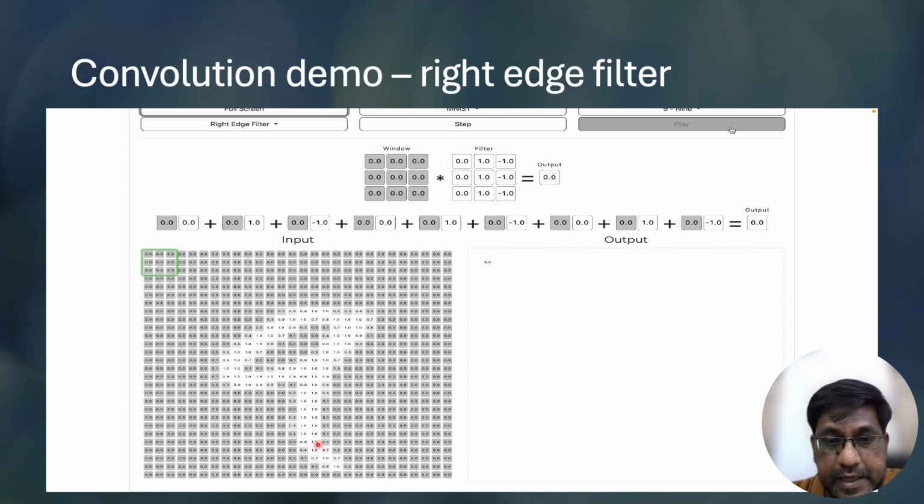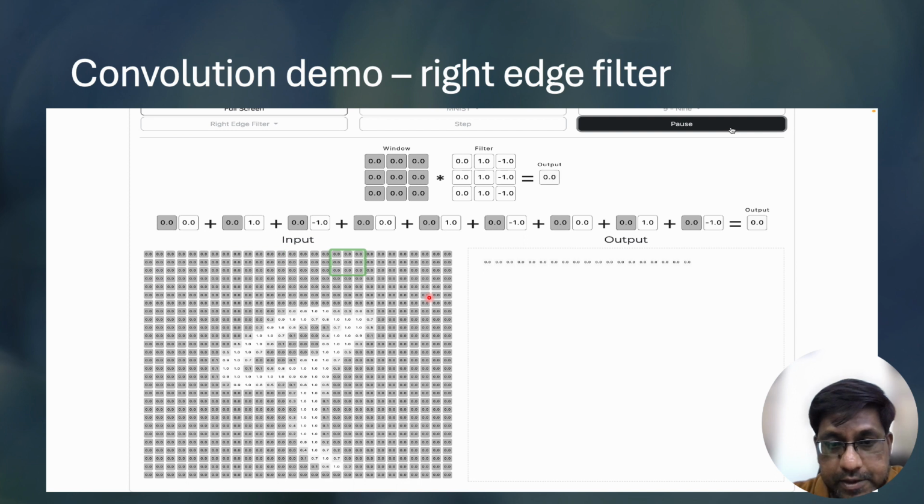So we are interested in extracting the right edges, and as you can see from here, the rightmost column is now -1, and the middle column is 1, and the leftmost column is 0. So this filter is going to extract the right edge of the input image, and as we shall see from